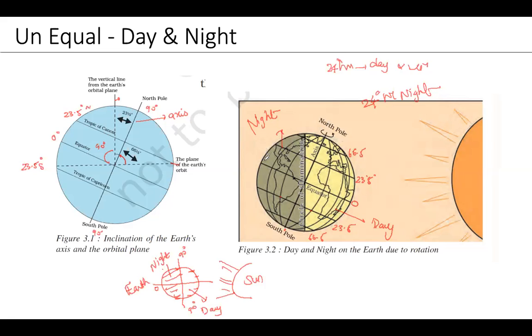And then in equator, you can see anywhere. So the equator, it's exactly the half. So in equator, out of 24 hours, 12 hours will be daytime and 12 hours will be the night time. And also, you know, the earth rotates in anti-clockwise direction. Okay, it is not rotating like this, it is rotating in anti-clockwise direction. This is the concept for unequal day and night.